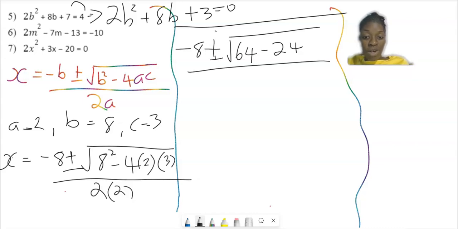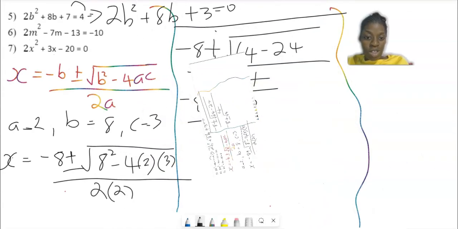How did we get 24? 4 multiplied by 2, 8 multiplied by 3, 24, and 2 times 2, 4, and then we subtract and we would get 64 minus 24. So that's going to be root 40